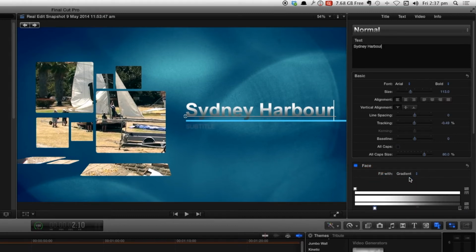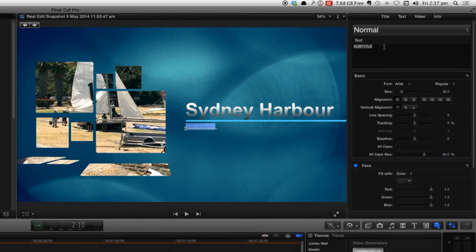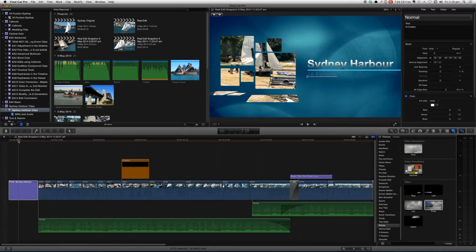Gradients I quite like. And the subtitle here is double clickable as well, and we could put in there 18 footers. And maybe make that a little bigger, and maybe move it further down, so that when we play this now,